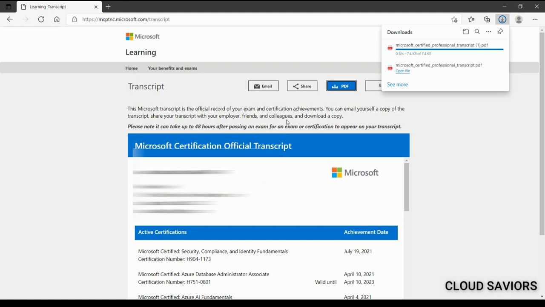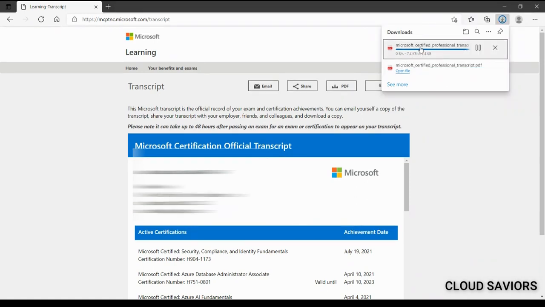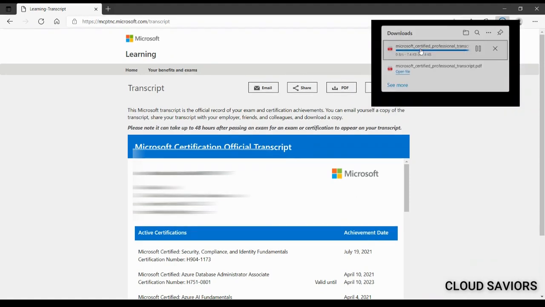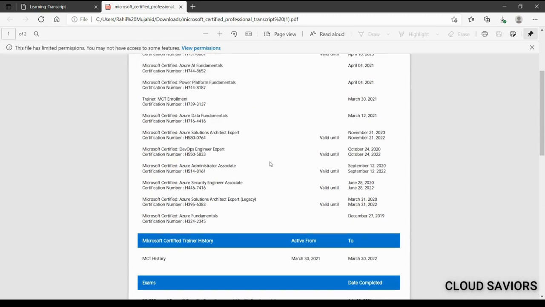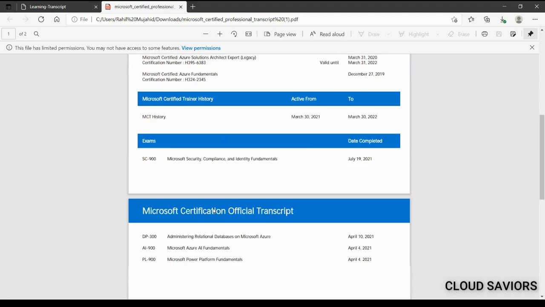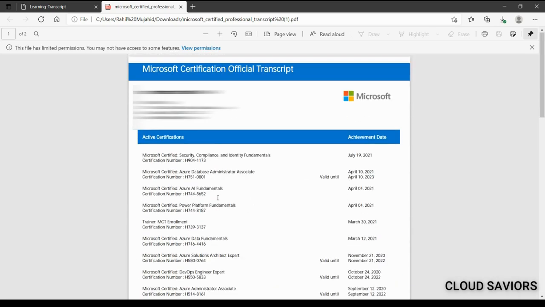Okay, now as you can see, we have our PDF. Let me open this particular PDF. Perfect. Now I have a complete PDF mentioning each and everything about my certification journey, the active ones, and the history of the MCT program and the exams I have done till this particular date.